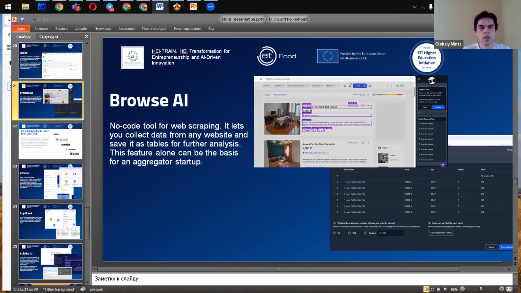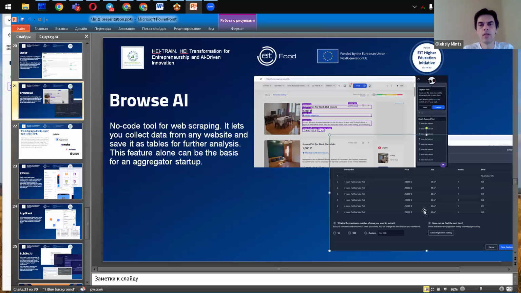On the right, you can see an example of using Browse AI to collect rental listings. The first screen is about robot setup, and the second screen is results in a table.